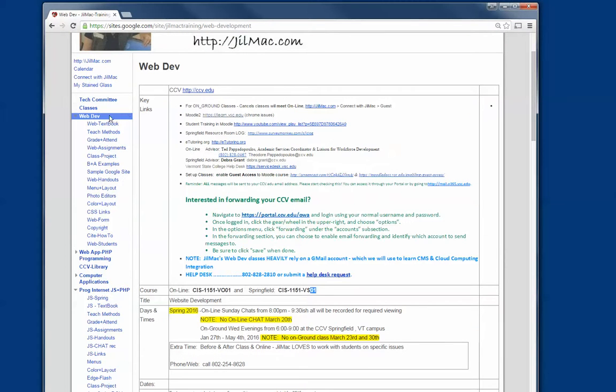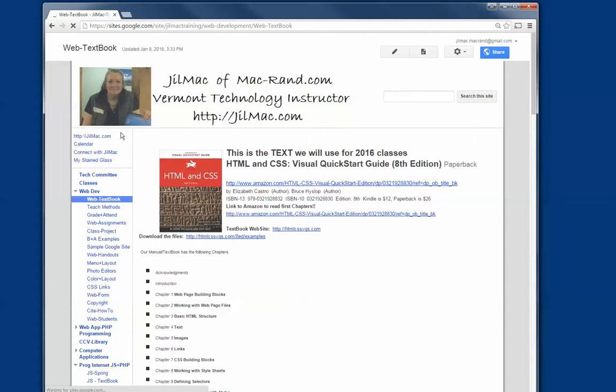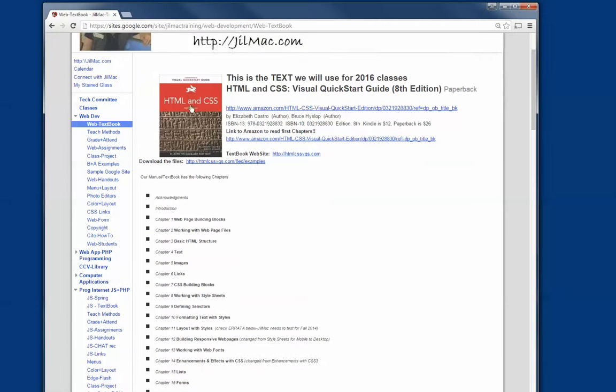Now I'm going to bring you up, and I'm just going to talk a little bit about our textbook. So here is our textbook page. This is a picture of our textbook. We're using HTML and CSS to teach you that the web is made up of code, and that code is HTML and CSS. There's lots of other programming languages that may or may not go along with it, but this is the basis for web development. So we use this book, and if you click on this link, which is a link out to the Amazon site,